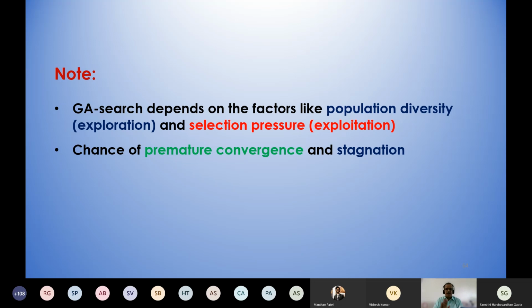Let me repeat because there was some confusion. Let me repeat whatever I discussed. I'm discussing how to write down the computer program related to the roulette-wheel selection or the proportionate selection. Let me assume that the population size is equal to 4, and the fitness information of the solutions is such that their probability values are like this. For the first solution, the probability value is 0.4. Second solution, the probability value is 0.1. Third solution, the probability is 0.3. And the fourth solution, the probability is 0.2.